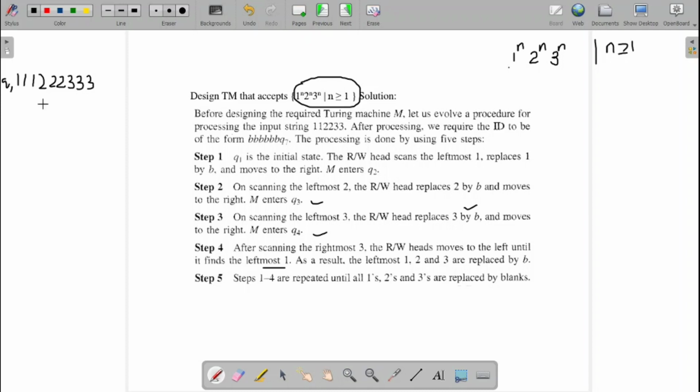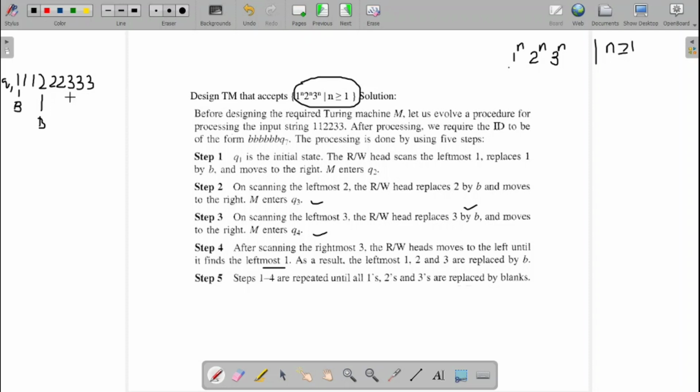The logic here is: first I will take the first symbol and replace it with a blank. Then I will search for the corresponding 2. This one I made a blank and I will change the state. Then I will go searching for the 2. Once I find this 2, I will replace it with a blank and go in search of the 3.